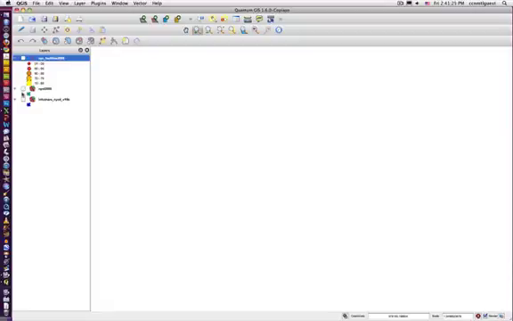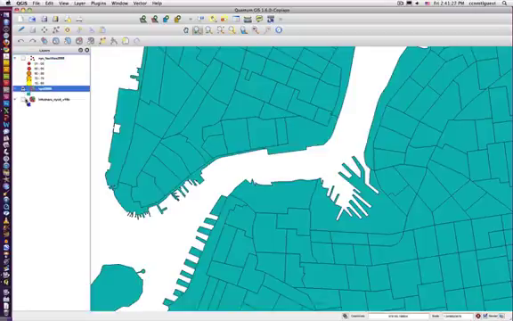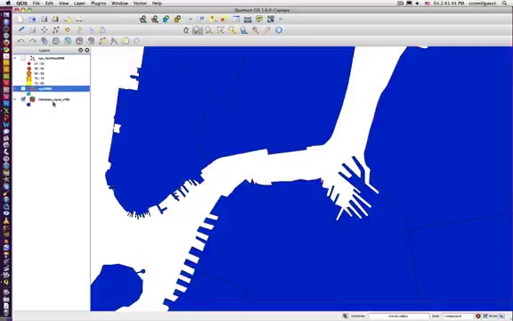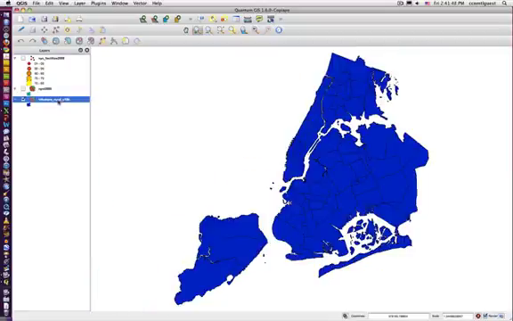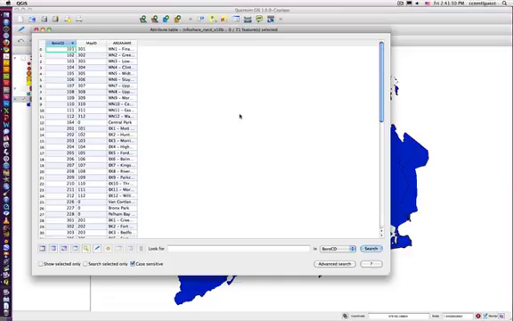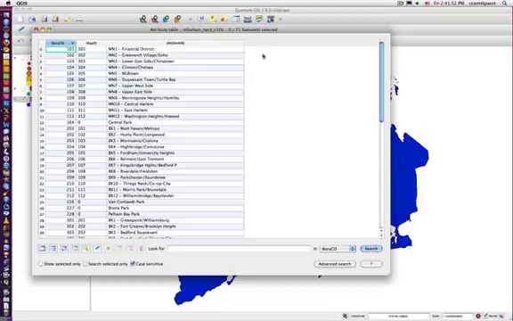So I turn that off, and you see it's blank. I'm going to turn back on the New York Census Tract shapefile and also the community district shapefile. You can't see the community district shapefile because the New York Census Tract shapefile is on top of it. So let's turn it off. Let's zoom to the layer extent, and then let's open the attribute file and choose a community district that we're interested in. Say